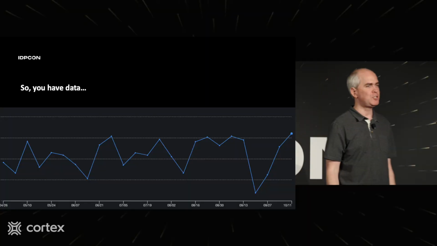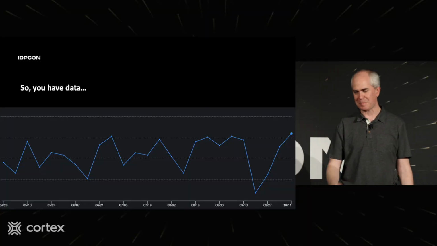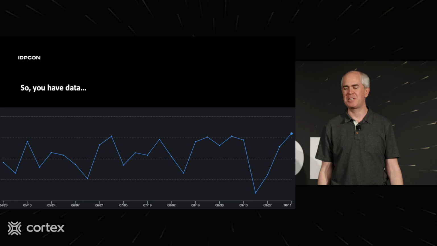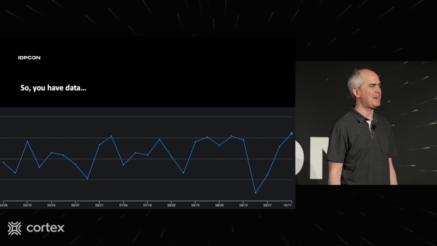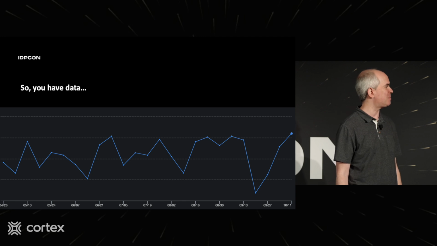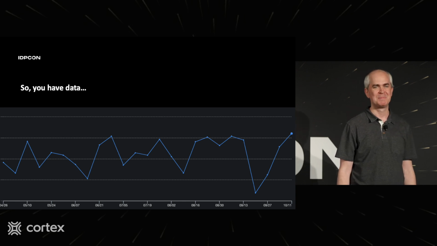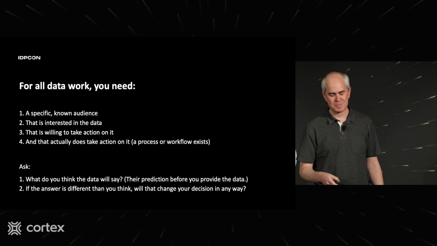Well, at first you just have data. So this is a graph of a metric called commit success rate at LinkedIn. It tells you the percentage of times that the continuous integration, the CI system passes after merge. What do I do with that number? I don't know. It goes up sometimes, it goes down sometimes, and it makes a line on a graph. That's what it does. So almost nobody does anything with this number. But it's a number on a graph. People have it. So what do you actually need?